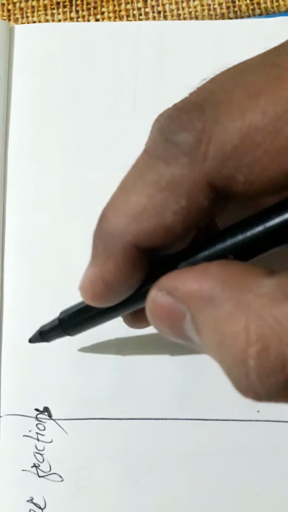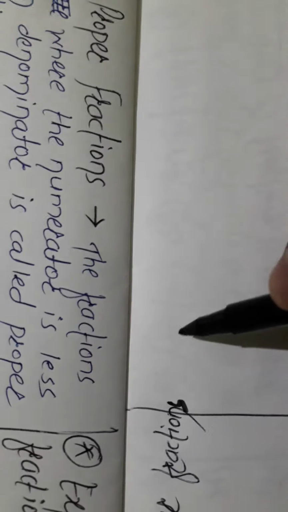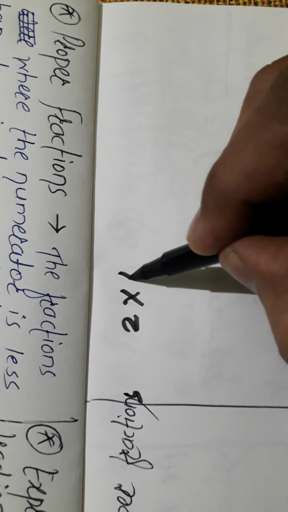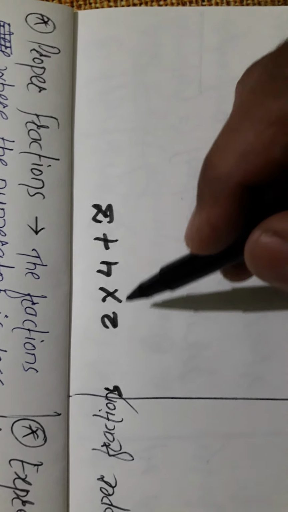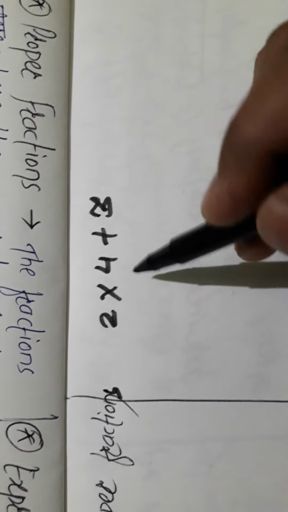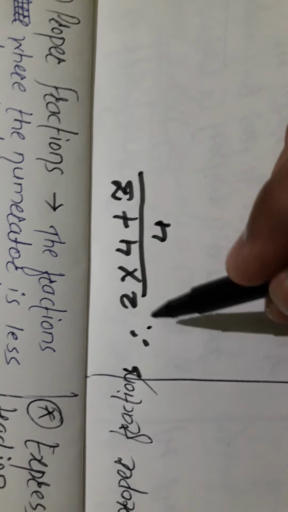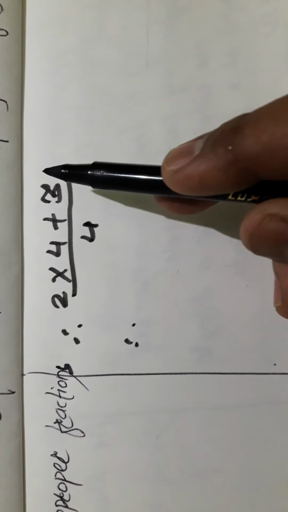Okay. Now we will see how we will get the improper fraction. Look here, I will write here. What was the formula? Whole into denominator. And which is the whole number over here? Whole number is 2, into what was the denominator? 4, plus what is the numerator? 3. Look here: 2 into 4 plus 3, divided by denominator. See here. Whole into denominator plus numerator, divided by denominator. Once again you see this.